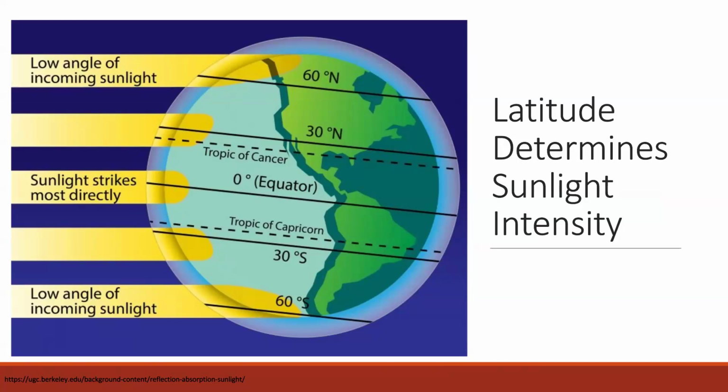If you imagine the sunlight coming in on these bands of yellow shown on this figure, imagine that they're paint. And if we just stroke with this pen and blop it all onto this distance on the planet, then the density, the color, the intensity of that paint is going to be thick. All right, so lots of energy goes straight to the equator. But because the surface of the Earth is curved and the sun is far enough away that its rays are coming basically in parallel to the planet,